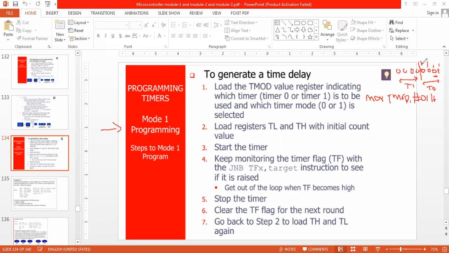So I'm not using those pins. So this is 0, this is 0, this is going to be 0, 1. So TMOD is equal to MOV TMOD, #01H. What is second? This is move.